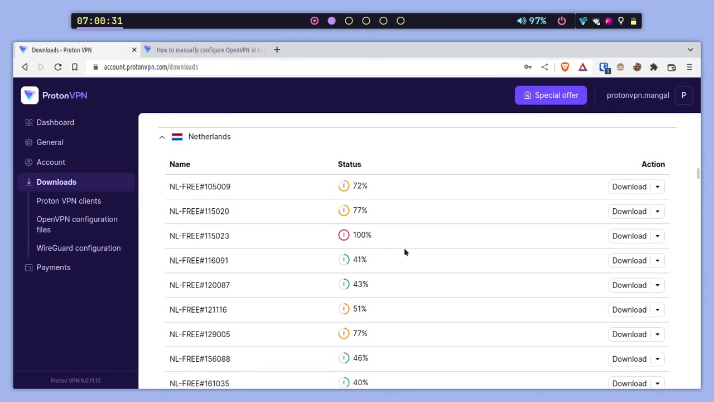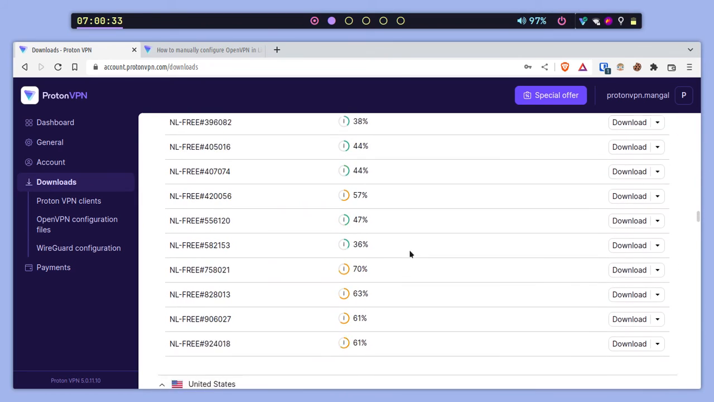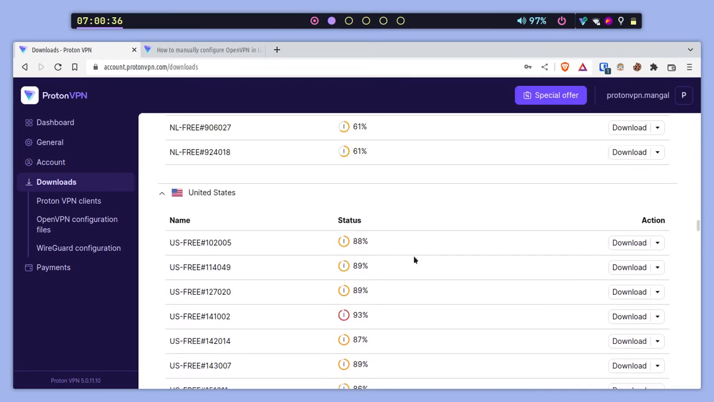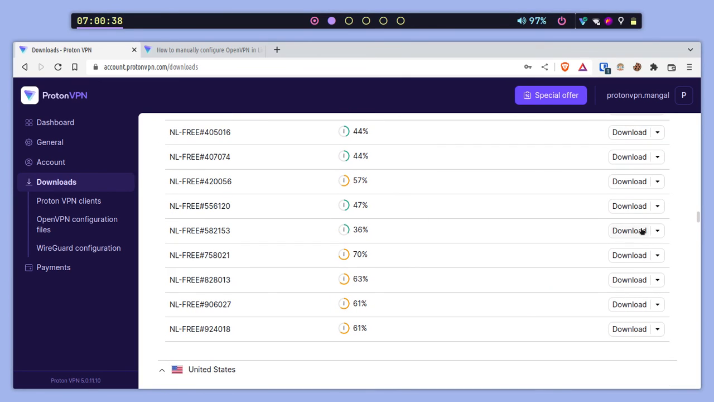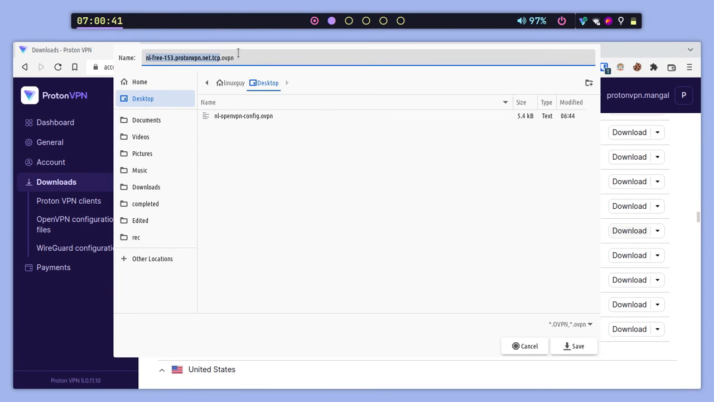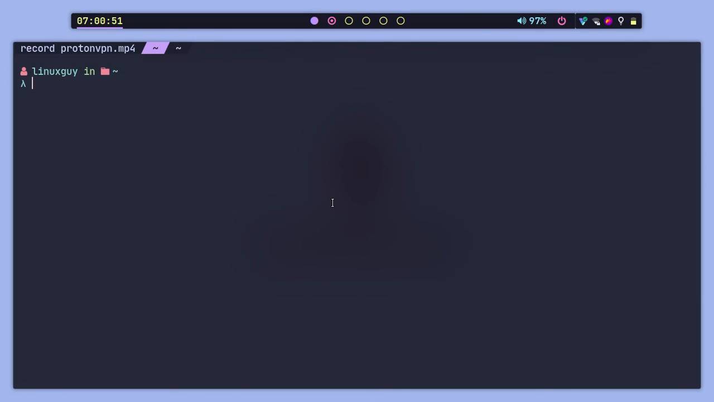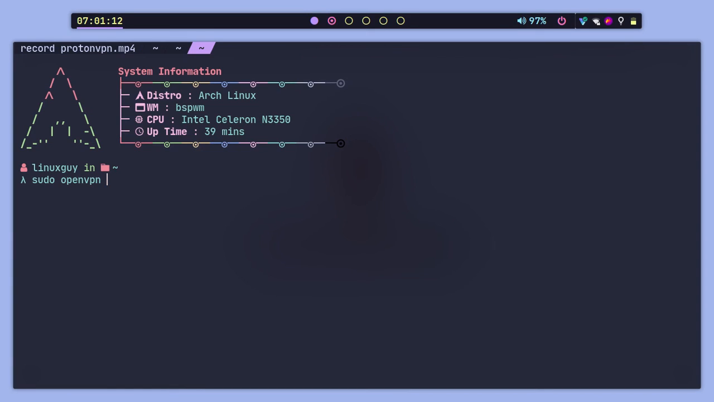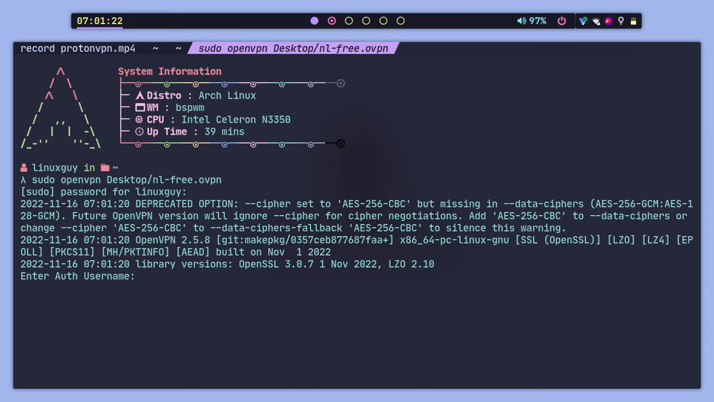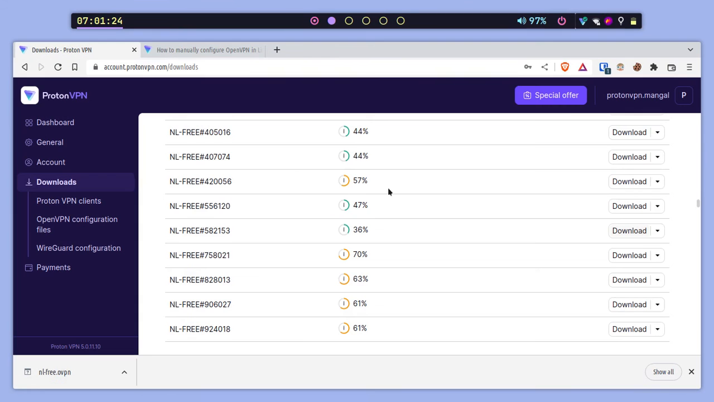And let's go ahead and select the better server, and I just found it here, and that is this. And let's download this, and let's go ahead and save it with the name NL free, and let's go onto the desktop and save it here. And let's go onto the terminal and do sudo openvpn followed by the Desktop/nl-free.ovpn. Let's type the sudo password here, and it's asking us for the authentication username, and that will be